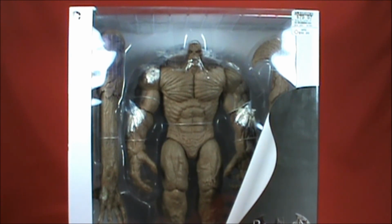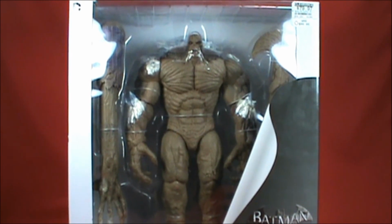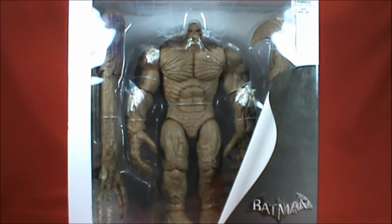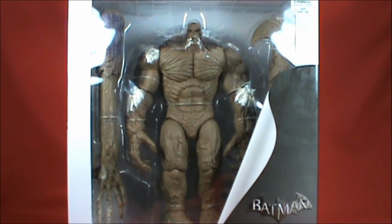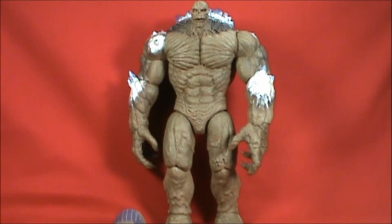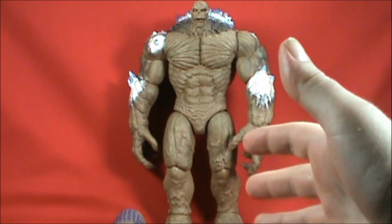And I'm going to have to severely rearrange my shelf because Clayface is going to take up a lot of real estate. So let's not waste any more time. Let's get Clayface out of package and we will get a closer look at the DC Collectibles Batman Arkham City Clayface. Whew. All right, we've got Clayface out of package,